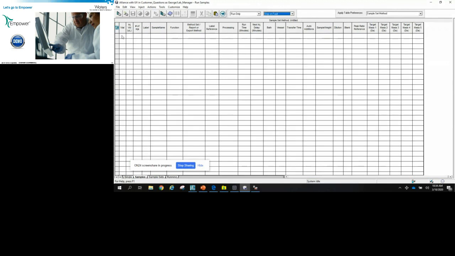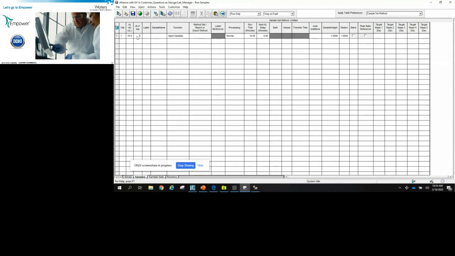So let's just say that our first sample was the system suitability sample, and I'm going to make 6 injections, and so I'm just going to put in syssuit for a name, put in a method set, and then I have normal processing. There's one of 2 ways that we can handle this.